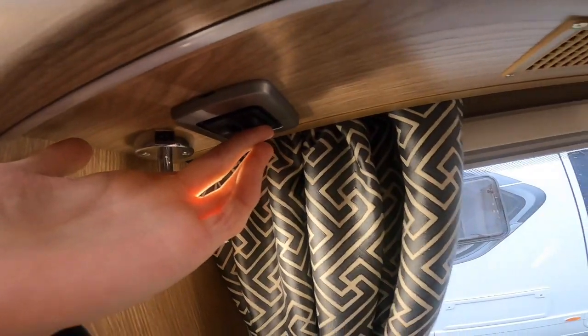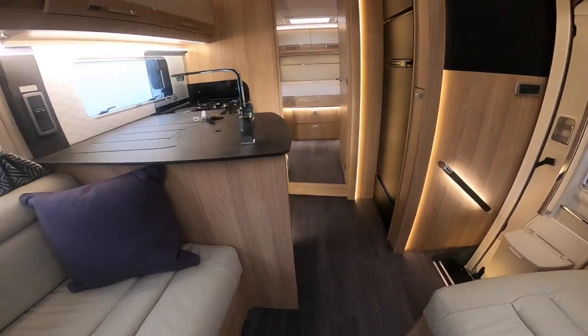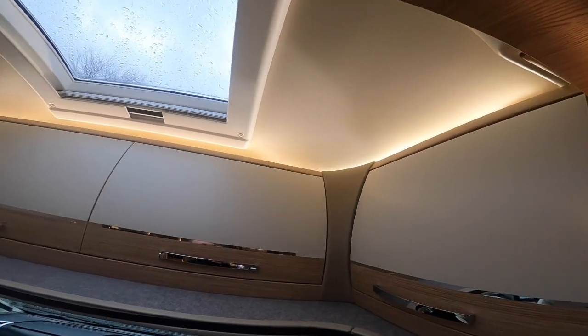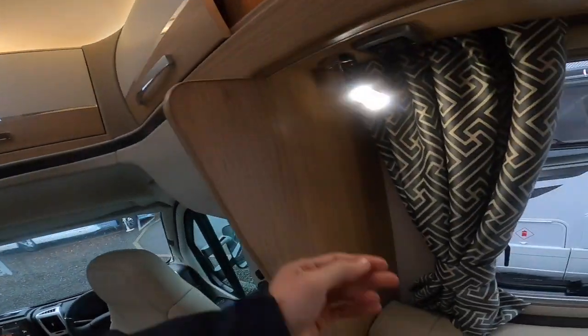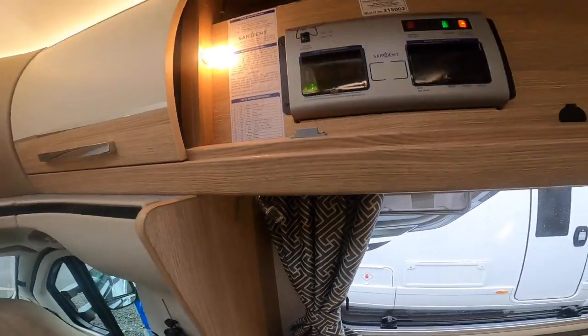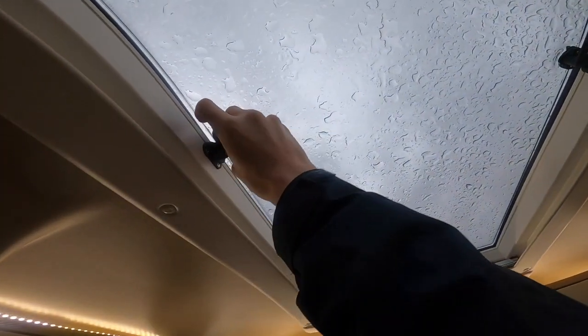You've got a light here which does that light there on the step, which is your night light, and then you do have your lights above the Luton area, as this is a low line, and then your individually switched reading lights. To open the large roof light on the Frontier range,